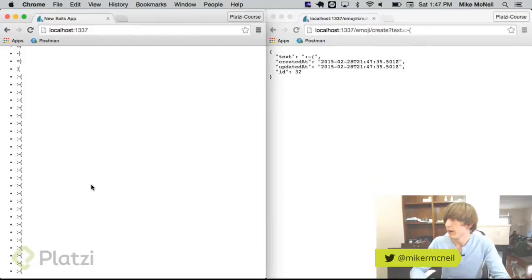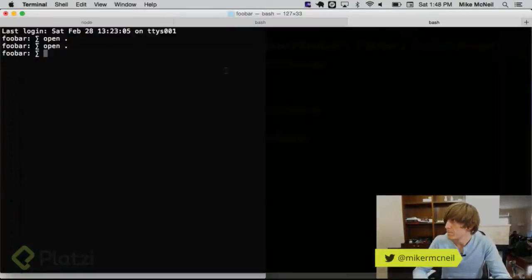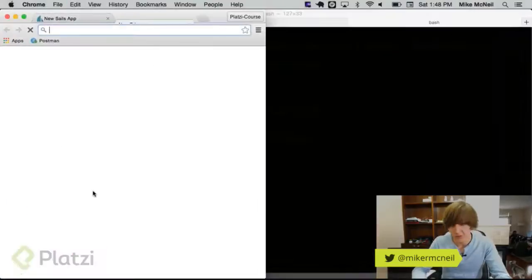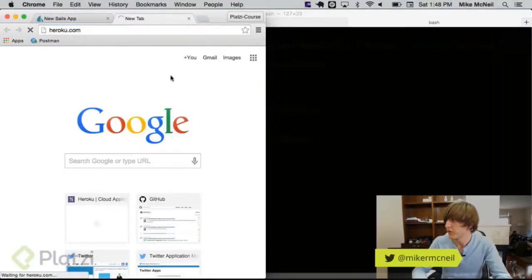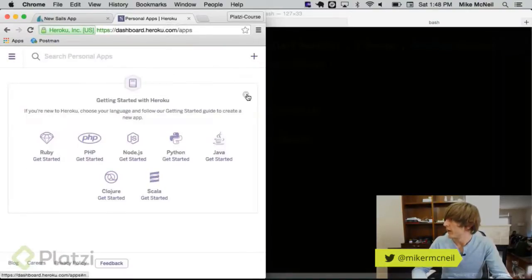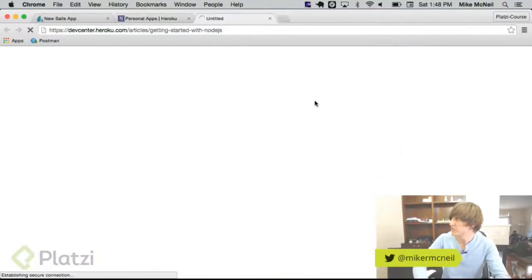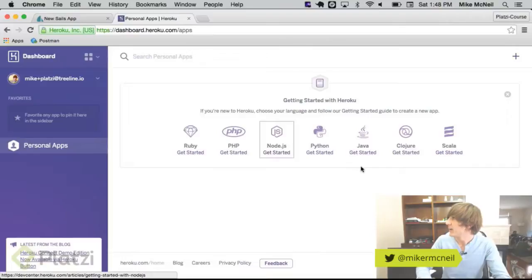We might even have time to try to deploy it right now. I have a Heroku app that I set up, or I have a Heroku account anyways. This has actually gotten so easy now. It's crazy. So if you make a Heroku account, it'll look kind of like this. This is a more or less brand new one, and I can just go in and it tells me what language do you want to pick, and I picked it, and it opens some documentation. I see a plus, so I'll hit the plus, and awesome, app name. Let's call this